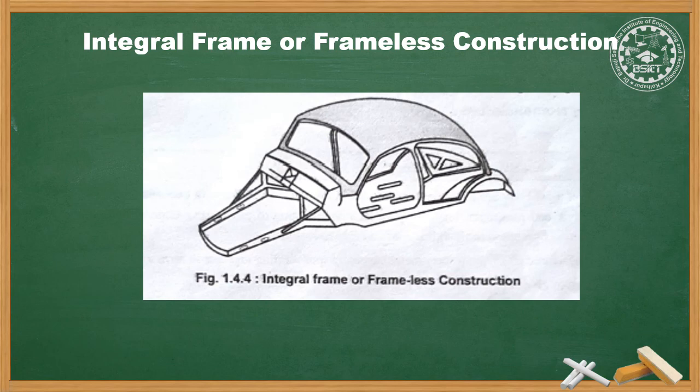This construction gives more strength and rigidity. The chassis, floor and body are assembled by welding from a large number of mild steel pressings. This design reduces the vehicle weight, decreases cost, improves fuel economy, but increases the repair cost and duration after an accident. This assembly replaces the frame and decreases the overall weight compared to the conventional frame and body. Integral body construction is used in passenger cars